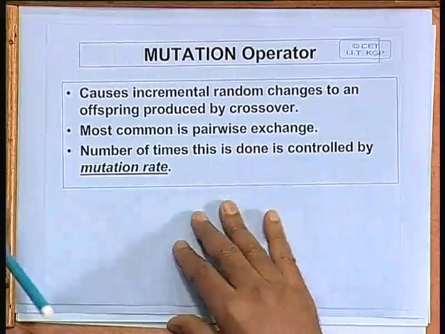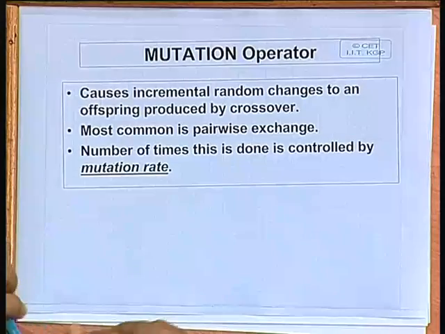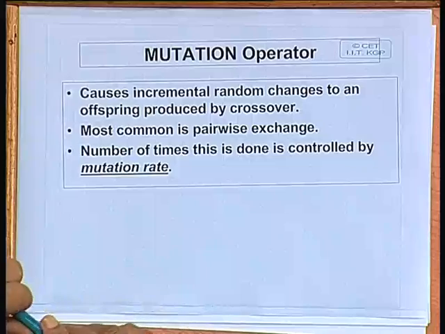There is another operator called the mutation operator. But sir, this probability crossover rate, what is the background of generating a random number? See, some of the parents are good, I do not want to disturb them, let them be present in the next generation also. But then why am I generating that random number? I can have a cost associated with each parent, and if it is good, I just copy it. Yes, I will come to that point shortly.